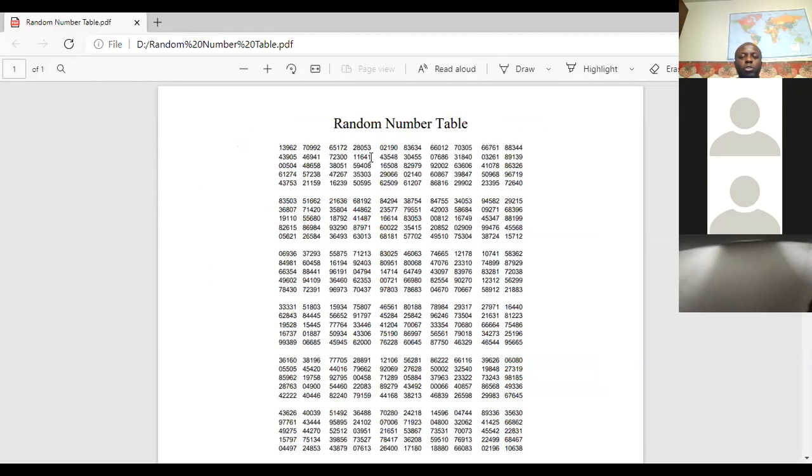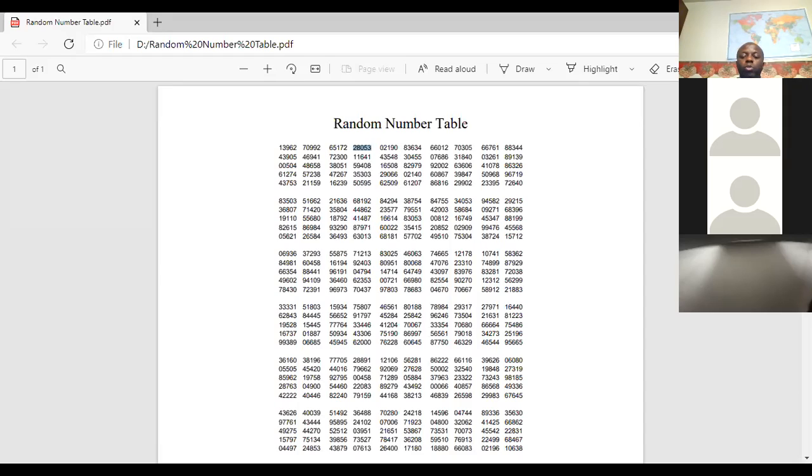Let's say that we chose this one at random. This is the fourth column, this one right here. Now, at random, we choose it.